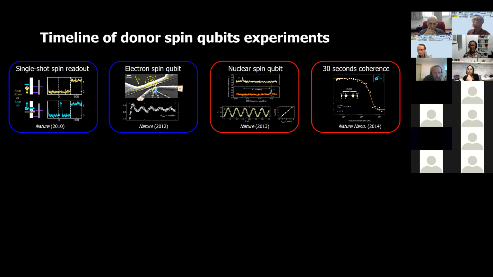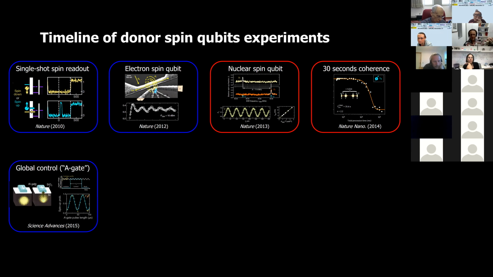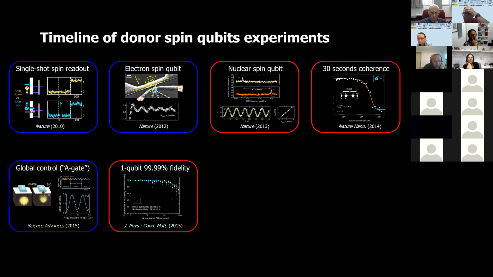And that allows us to get a 35 second coherence time, which is really phenomenal when you think about it. This is a fully formed silicon CMOS nanoelectronic device connected to high frequency lines and whatnot, and it gets half a minute memory time for quantum information. And then we showed we can control individual atoms in a global magnetic field by distorting the local environment. And then we did